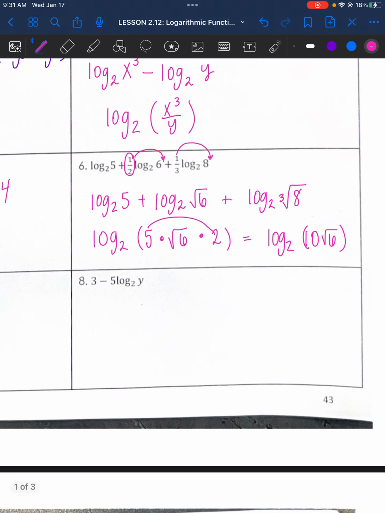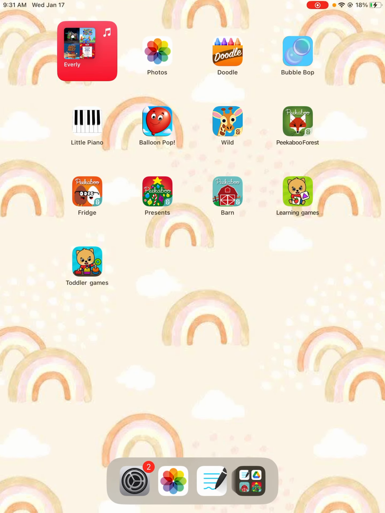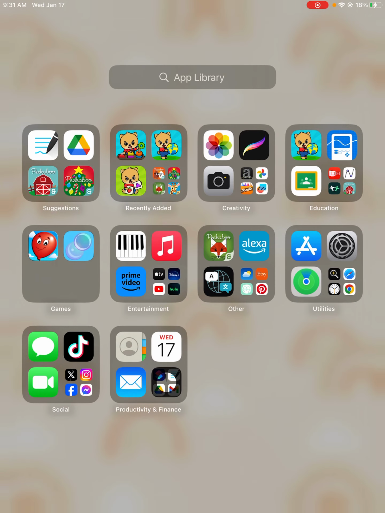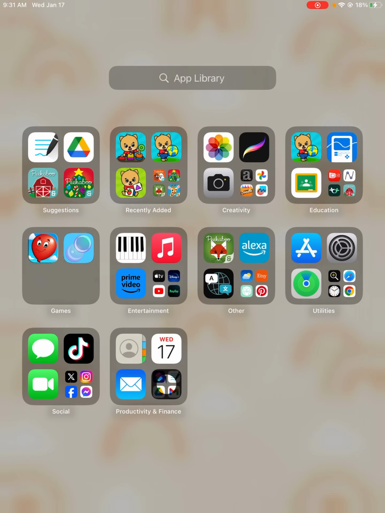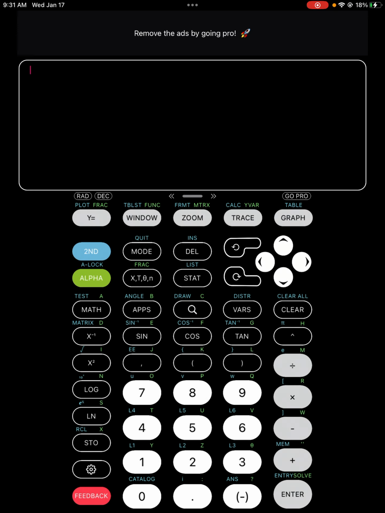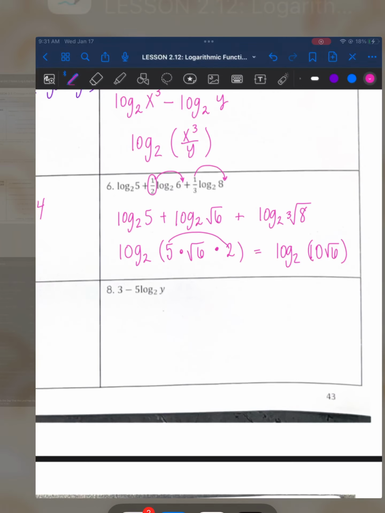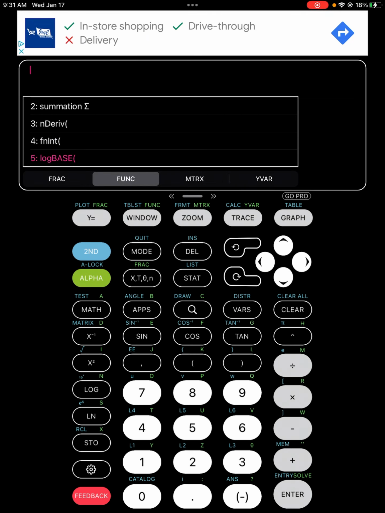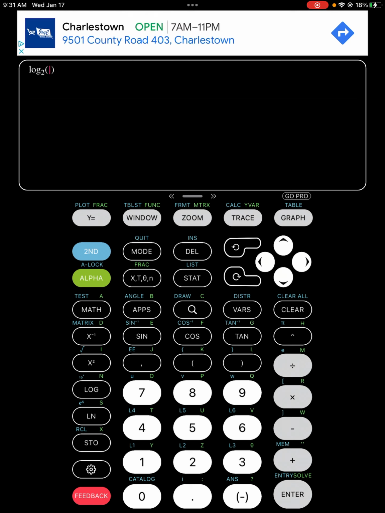Now if you wanted to type that in on your calculator, this is the Play calculator, or Play iPad. This is the app that you could get, the Calculate 84 app, if it will load. Alright, so it was log base 2 of 5